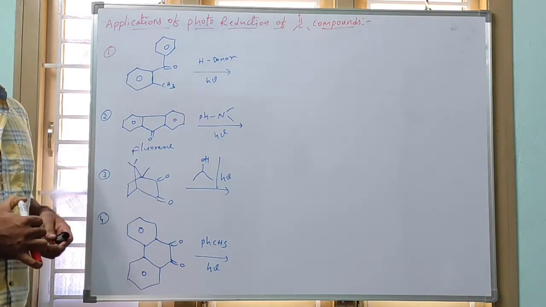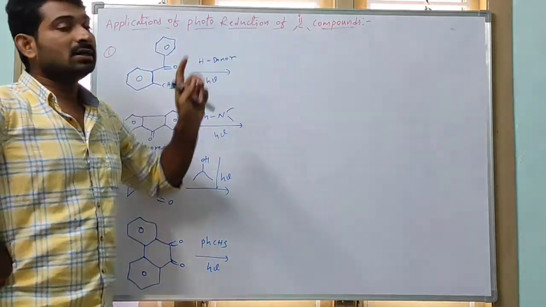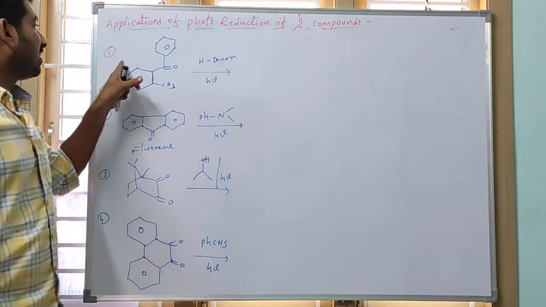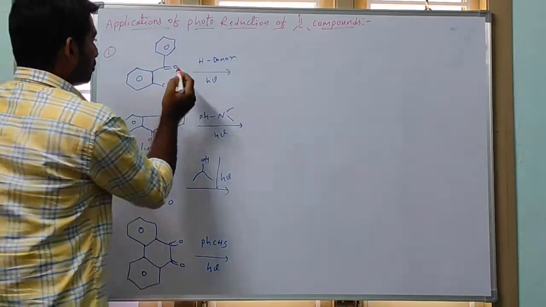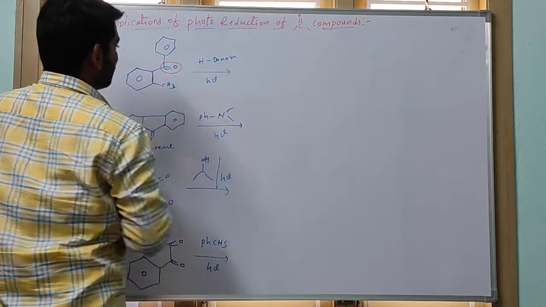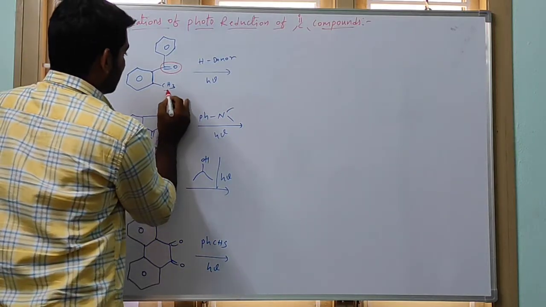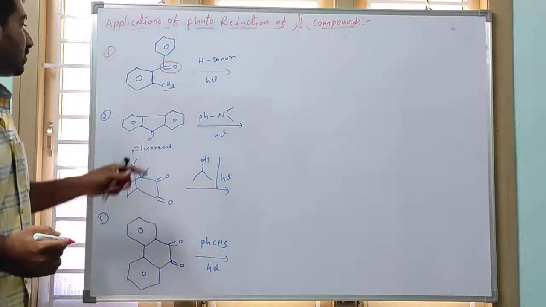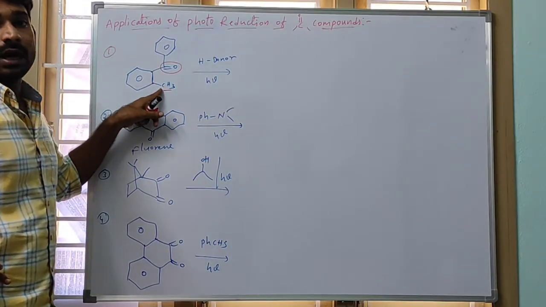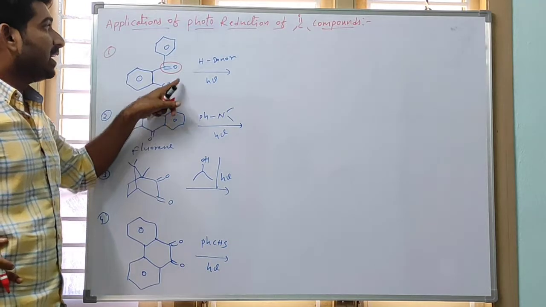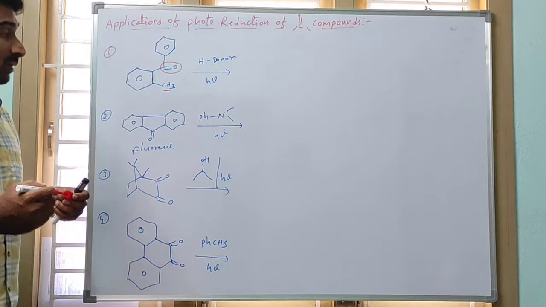Generally, many exceptions are there in photochemical reactions of carbonyl compounds, meaning in photoreductions. Observe the first application here. The carbonyl functional group is present here, and with respect to this group, this position is the ortho position, and at the ortho position a CH3 group is present. If a benzene ring with an ortho substituent having a C-H bond is present, instead of undergoing photoreduction, it will undergo photoenolization.